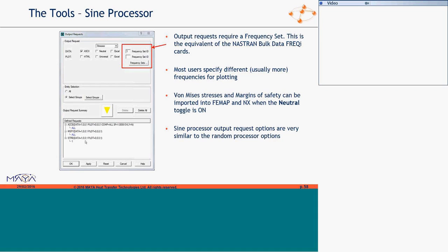What's nice is you can ask for a result more than once, which you can't do in Nastran. So you can ask for accelerations to be sent to a text file, and then you can ask for another request for accelerations and send plots, say, to Excel with a different frequency set.